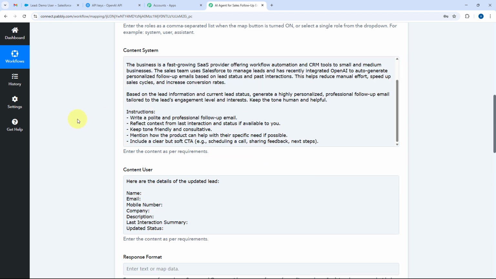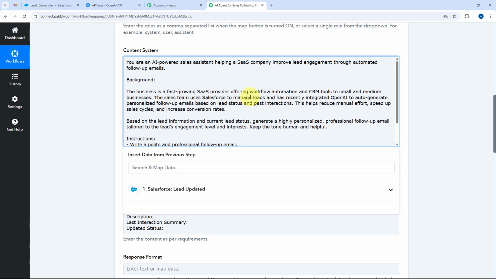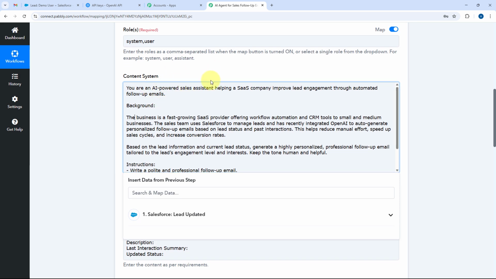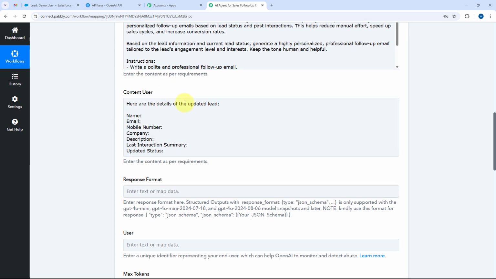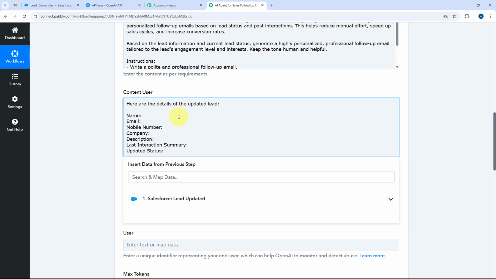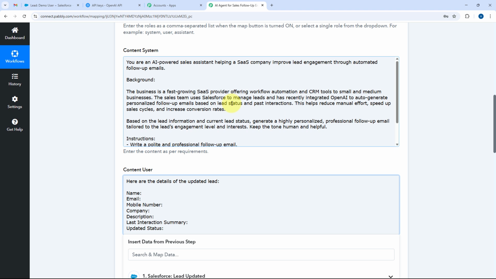Okay, so as you can see, I have entered these prompts. This is my system prompt, where I've specifically mentioned what I want this OpenAI agent, this particular OpenAI action step or ChatGPT, to do. After that, in content user, we are going to enter the updated lead details which we have received from Salesforce. Here we have clearly specified that you are an AI-powered sales assistant helping a SaaS company improve lead engagement through automated follow-up emails. Background: